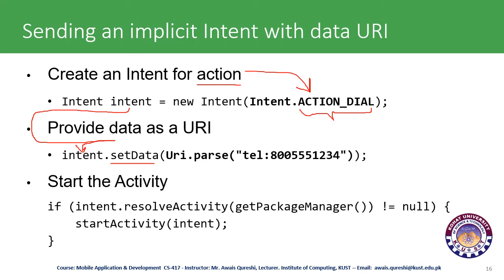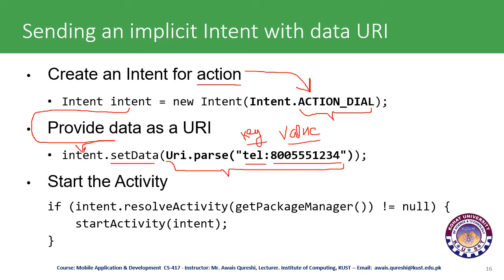So this is the syntax with the help of which the Android system calls a specific number. Uri.parse, this is the key, and this is the value, this is the number. So remember this point, that the intent setData function takes a URI or a number in a key value